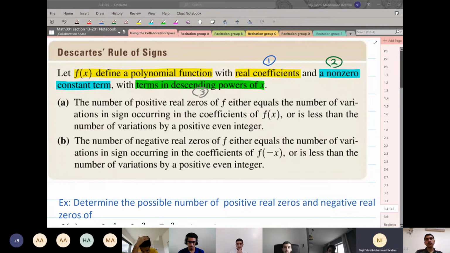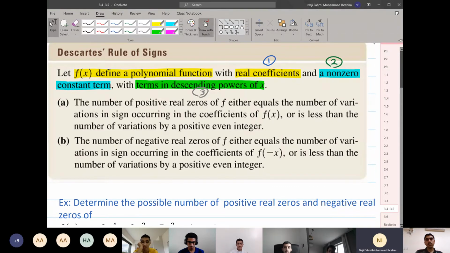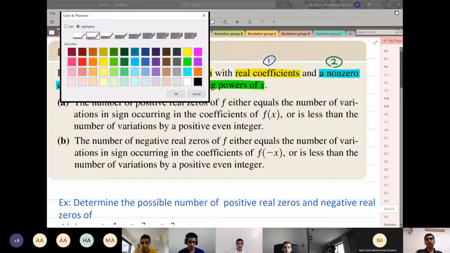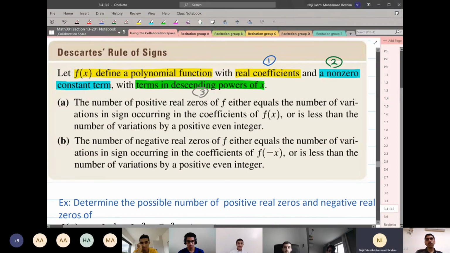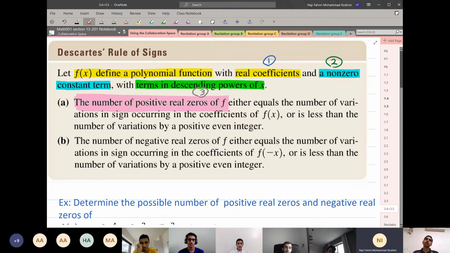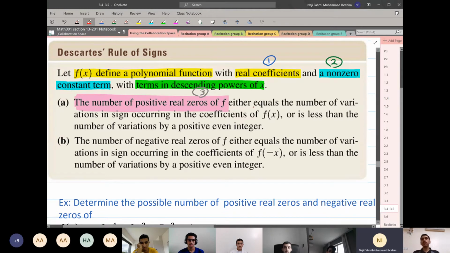What's the first rule? It says: the number of positive real zeros of f. So he wants me to know how many positive real zeros we have. Let's read what it says. It is either equal to the number of